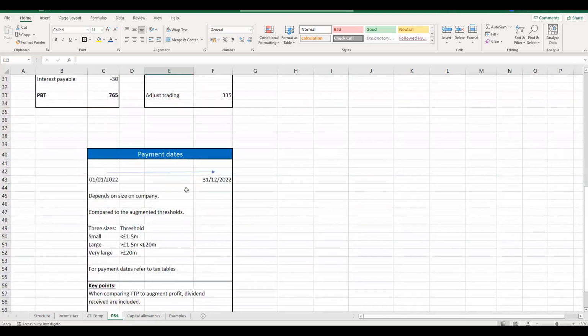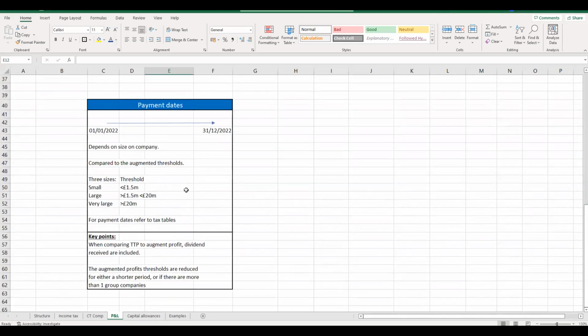So what we have are some thresholds. There are three key thresholds and these are in your tax tables, but again, like all things with principles of tax, these might start to stick in your mind by exam day. So you could either be a small company where your augmented profit is below 1.5 million, and we'll come on to what augmented profits mean shortly. You could then be large, which is 1.5 to 20 million, or very large, which is over 20 million. So the term augmented profits matters because you're going to be comparing the augmented profits of the company to these thresholds.